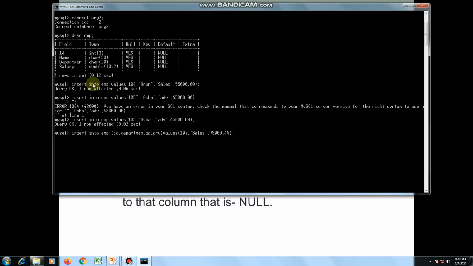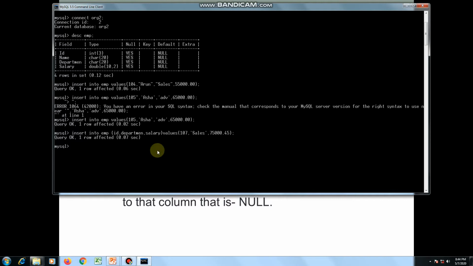So insert into table name directly values, but in this case insert into table name and then the field list and then values, and values will be provided for only those fields for which a field name is given in this field list. So while I'm pressing enter, this record is inserted into our table, missing one particular value for a particular column that we need to miss.